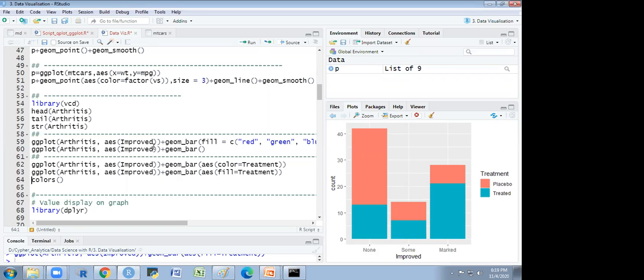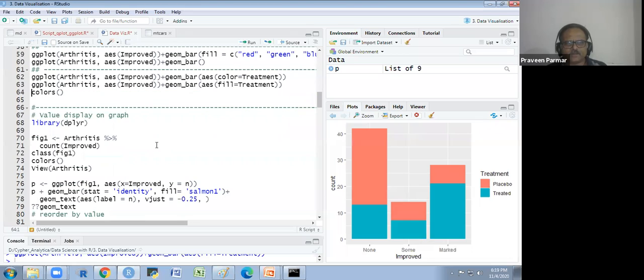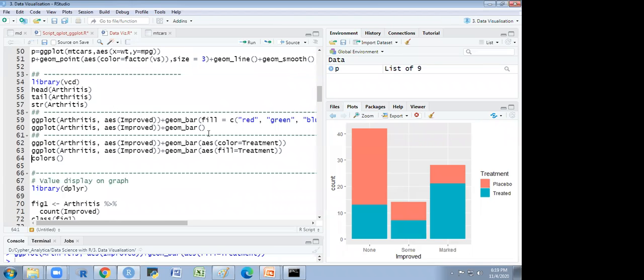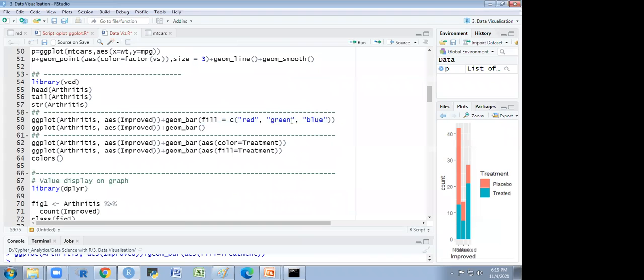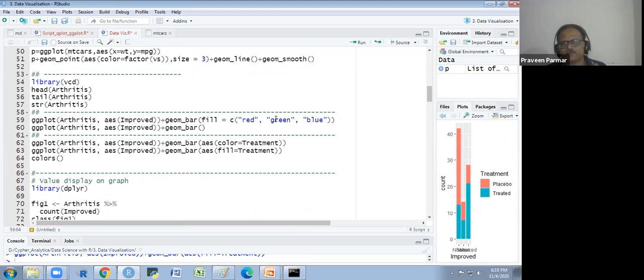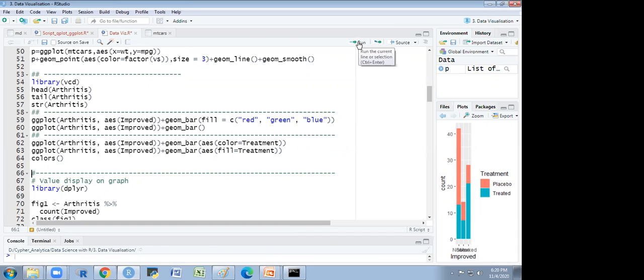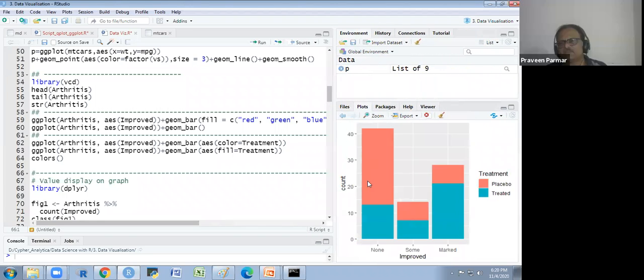So this we have seen, and I will show you some more things. Sir, how to select the color, like you have selected blue? You could write here in the geom bar fill equal to red, green, blue. But here a different color is coming, right? Orange or something. Whatever you want, you want the orange color, you could write orange. Many colors. Or if you want to know what the colors are, you just write colors. No, sir, I'm talking about the color shown in the graph right now. Which color have you put for it? No, it is the default color. Okay.